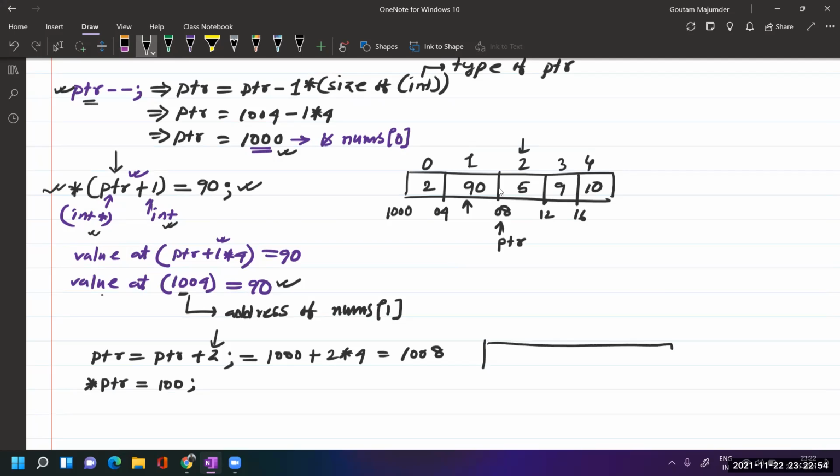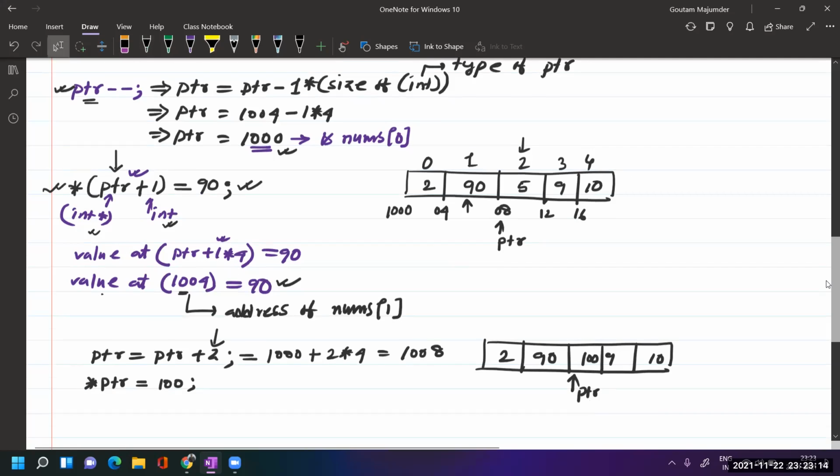So I'm writing it here. 5 blocks. Okay. 2, 90. Now it has become 100, 9 and 10. So now PTR is here. Okay. So see how easy it is to solve this kind of expressions.